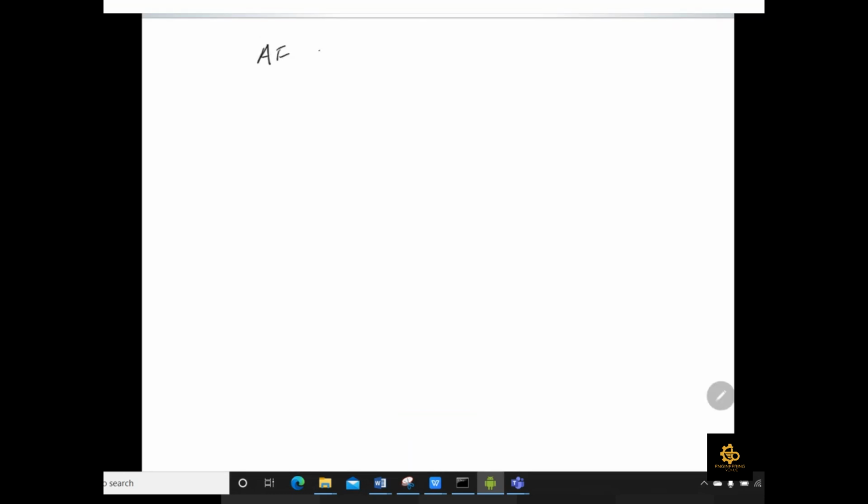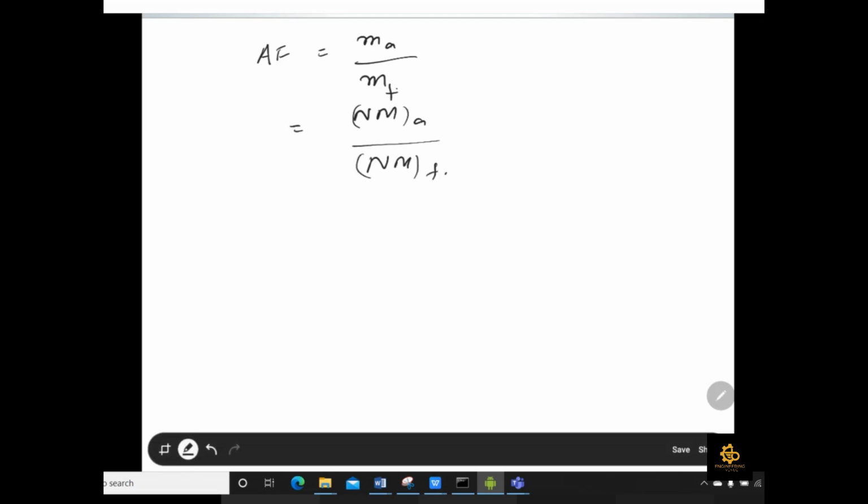Okay, so now coming towards the main part, which is to find the air fuel ratio. Air fuel ratio is basically mass of air over mass of fuel. So we can just make this equation in the form of mole basis: n into M of air over n into M of fuel. From here we can already note from the chemical equation that the number of moles of